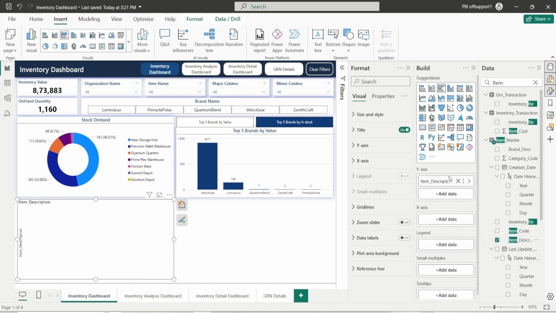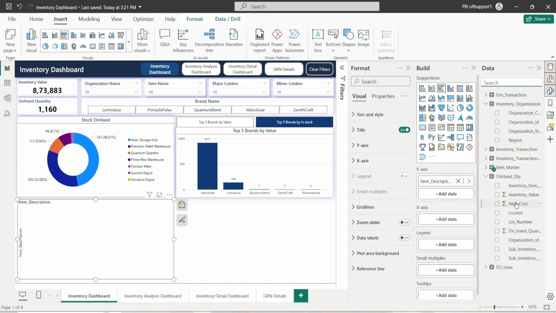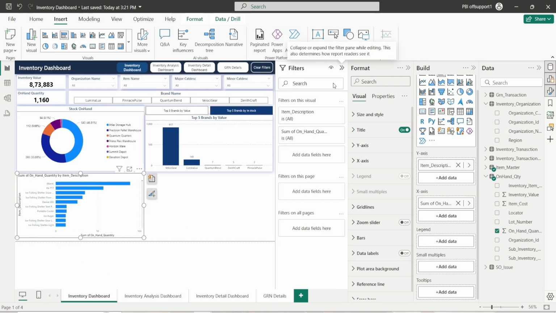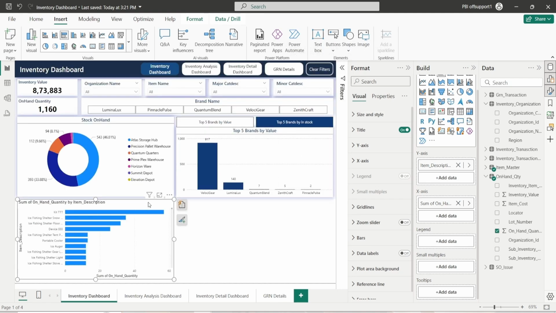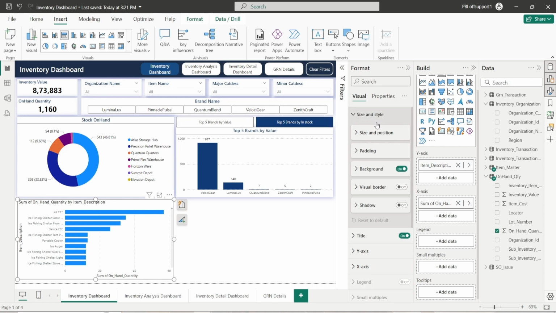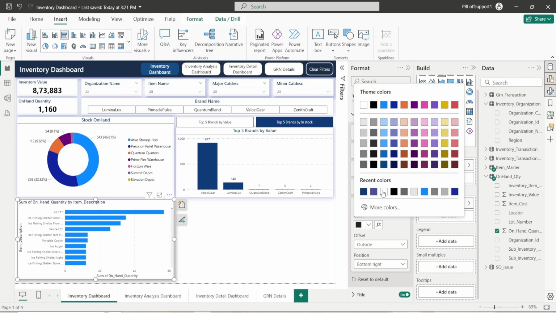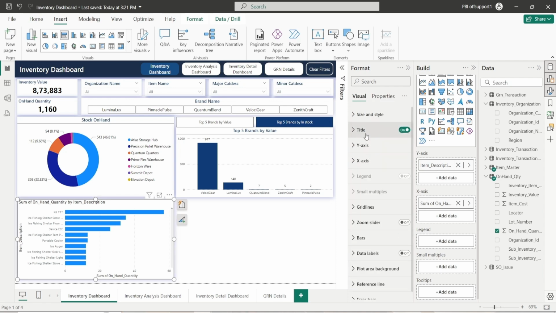So drag on the y-axis, and on the x-axis we have on-hand quantity. So drag on-hand quantity. First open the filter and remove the blank items and close the filter. Now in size and style open the shadow, hue, color and position center. Now give the title